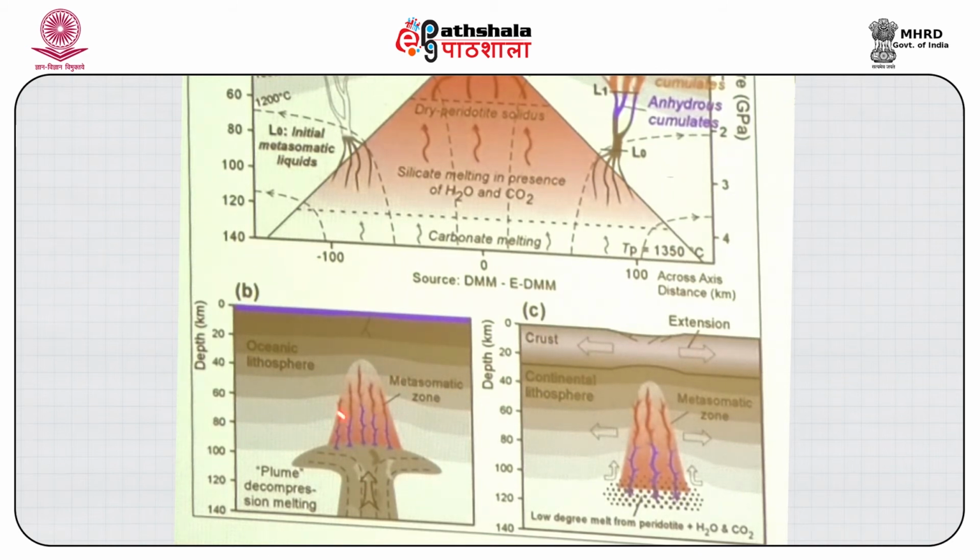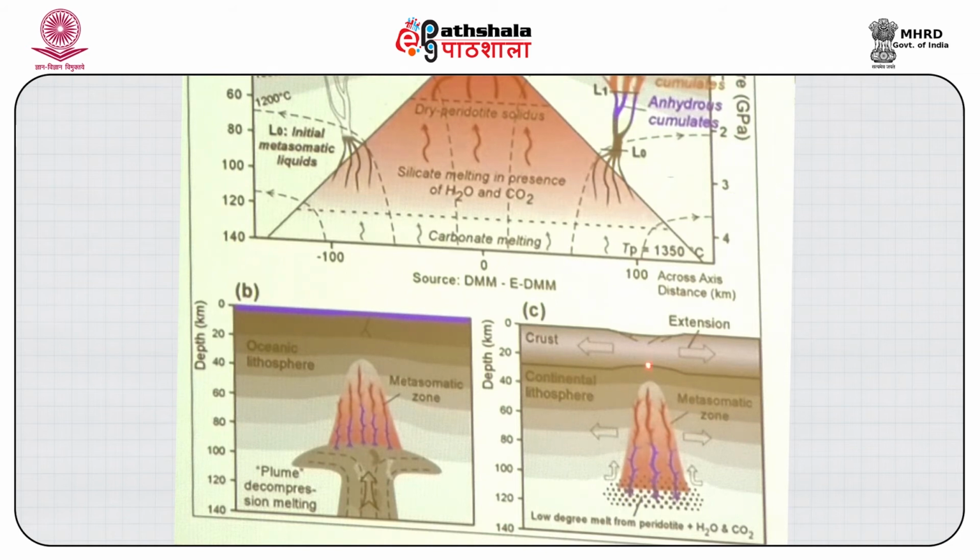But you will also see that small portions coming out of this will actually be metasomatizing the whole system. So, once one melt goes out, this becomes depleted, then the new melt comes and enriches the source. So, this is a continuous process where one batch of magma leaves, and then the new batch of magma and fluid comes and enriches it. So, this becomes a more and more metasomatized zone, giving rise to rocks which will be enriched in nature.